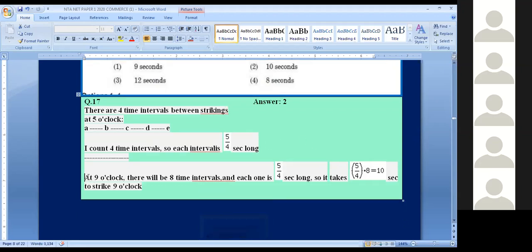Now in case of 9 o'clock, there will be 8 intervals. Check it out using your fingers even. It would be correct. In case of 9 o'clock, there will be 8 intervals. And the same time difference it will take, 5/4. So 5/4 into 8 intervals equals 10 seconds. Correct? That means one interval takes 5/4 of a second. 5/4 of a second is 1.2